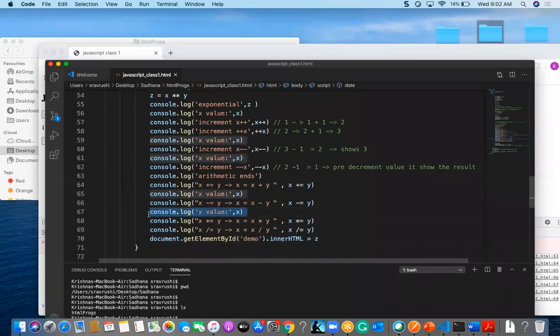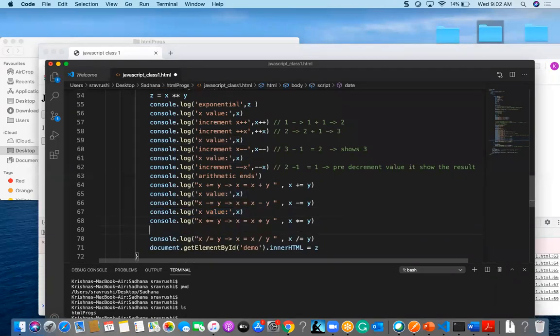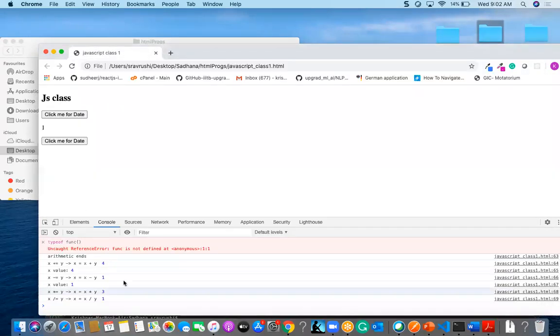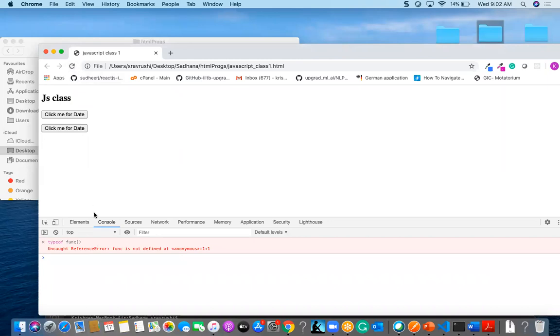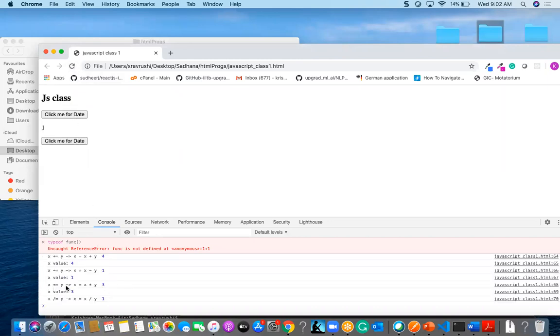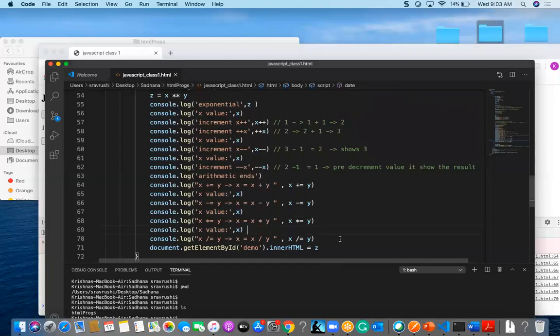And again, if I check this value, it will be 3, and 3 divided by 3, the value is 3. It will come like that.